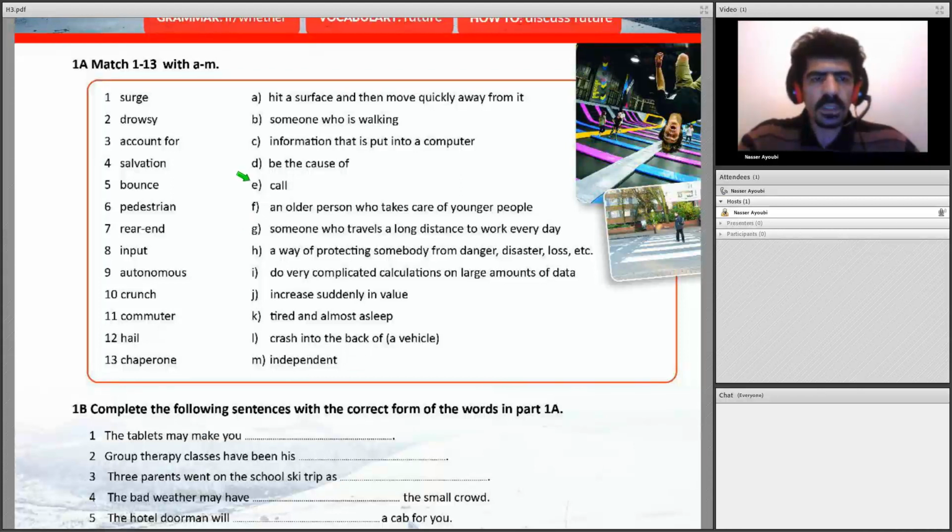Number 12 is E. Call. Hail. For example, hail a cab. Hail a taxi, for example, by call. And number 13 is F. An older person who takes care of younger people, such as escort, for example. So,